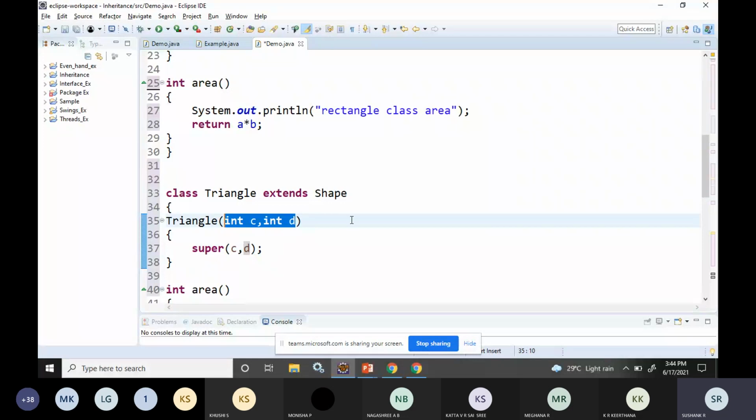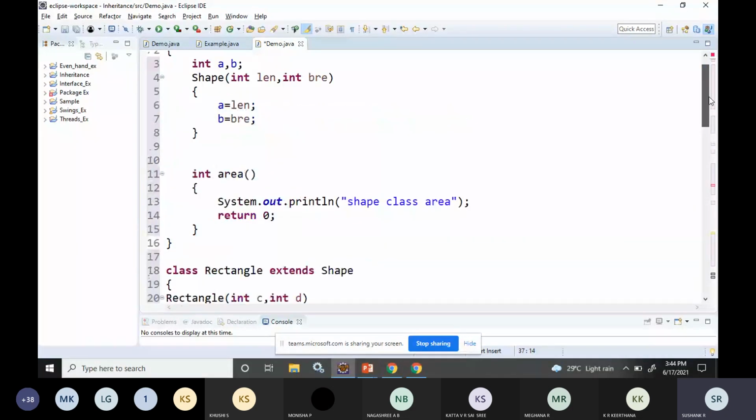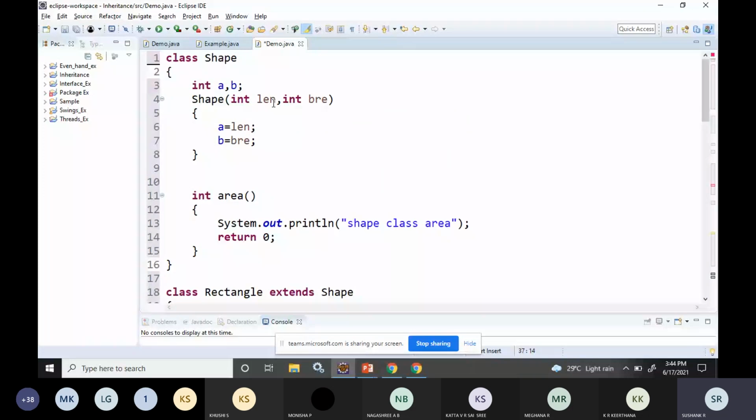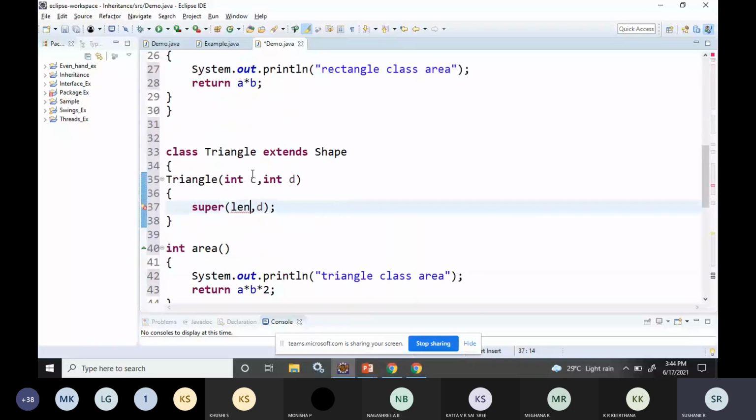For example, if I try to call with len, the length is there in the base class, it is not there in this subclass. So at that point the parameter should be length. It will not look into the name, it will just match based on the number of parameters. So when defining the constructor, make sure that whatever name you are giving should be accessible.